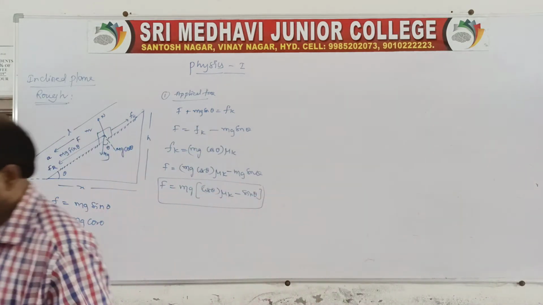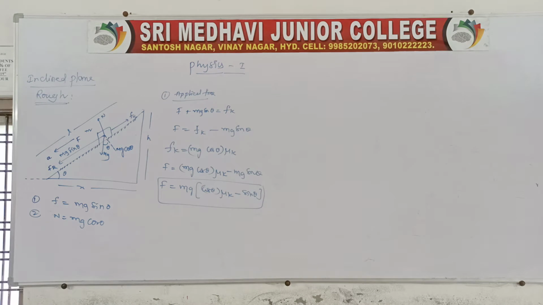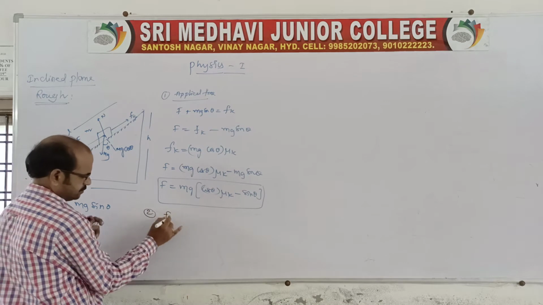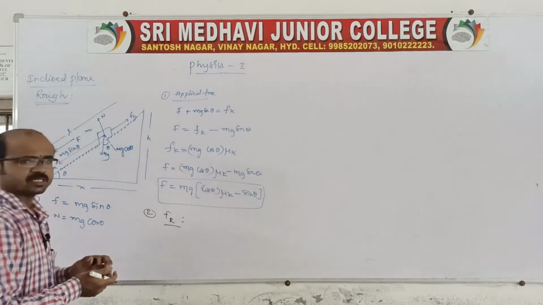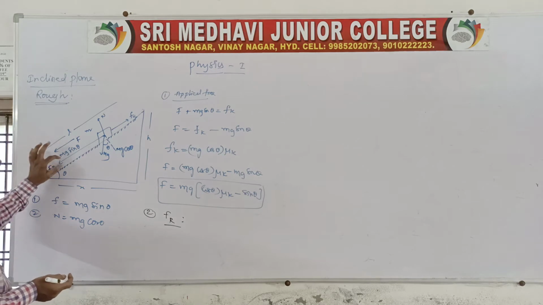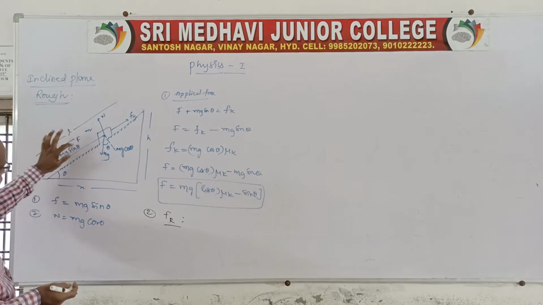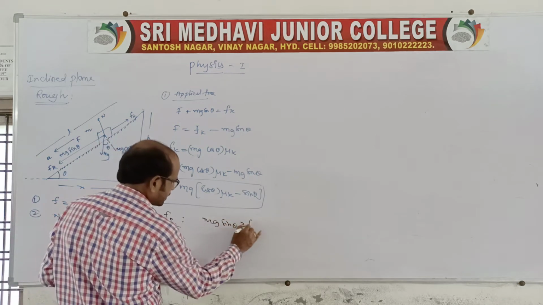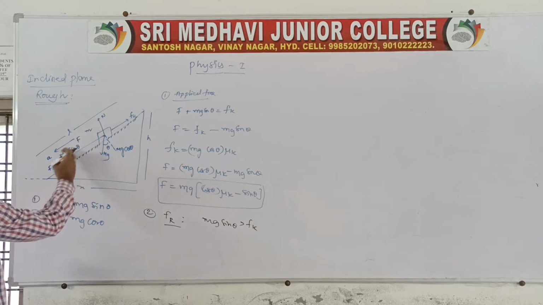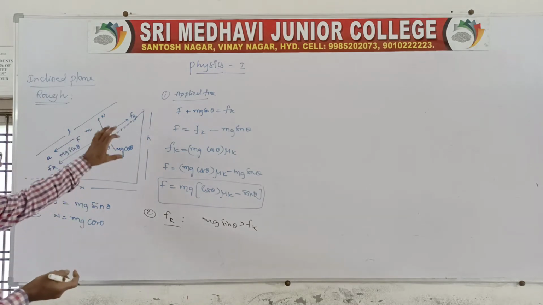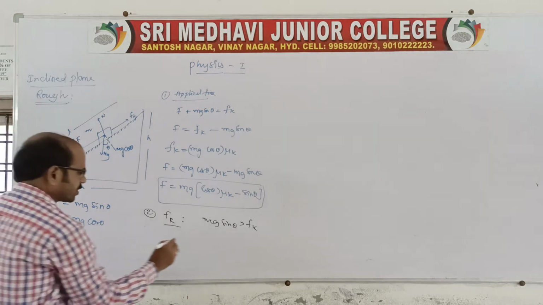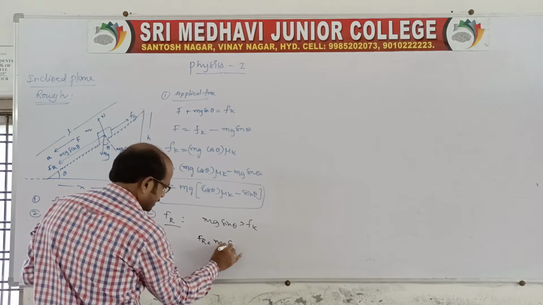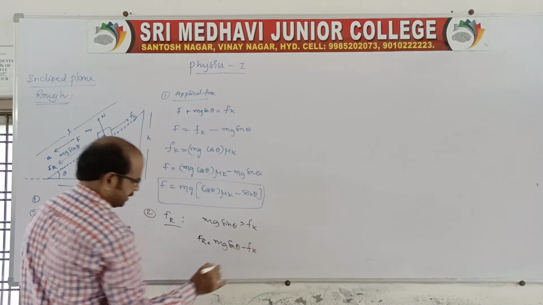And coming to the next one, in this case only, again I will tell you, you go for the resultant force, that is we can say Fr. The resultant is acting in the direction of mg sin theta, because the block is moving downward. Here the condition will be mg sin theta greater than Fk. Therefore the block slides down along the length of the plane. Now let us write the resultant: Fr is equal to mg sin theta minus Fk again.